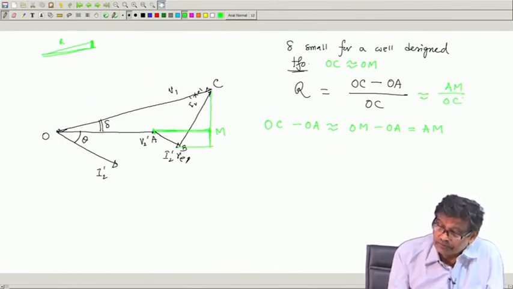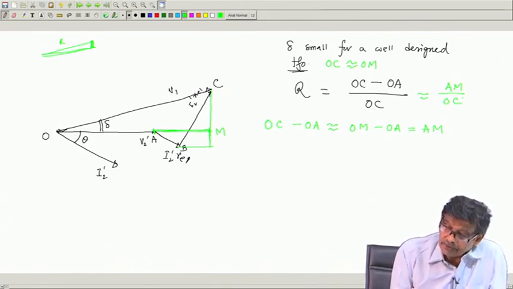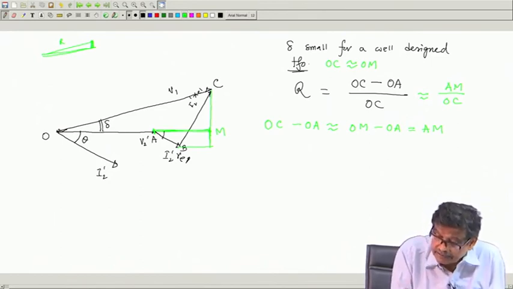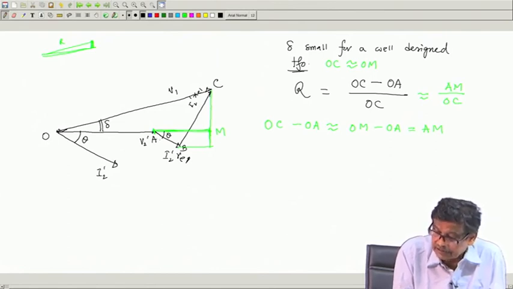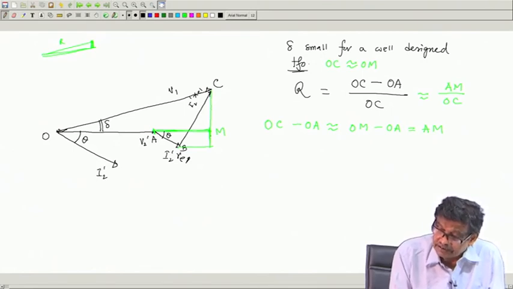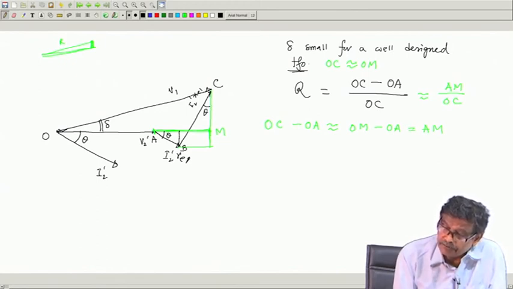Now, the question is what will be the value of A m? Pretty simple. This angle is theta, and this angle is theta, because the angle between two straight lines is the same as the angle between their perpendiculars. This line is perpendicular to this and this line is perpendicular to this. So, these two will be theta. Therefore, if you drop a perpendicular from point B to n,